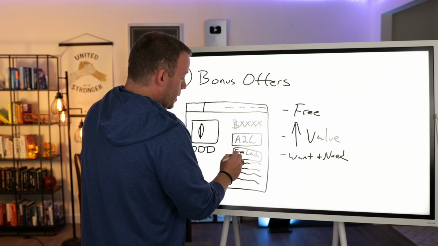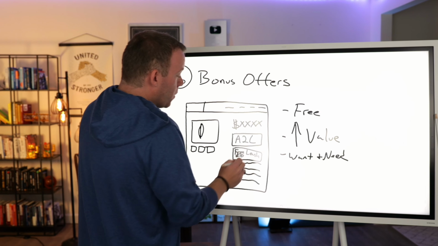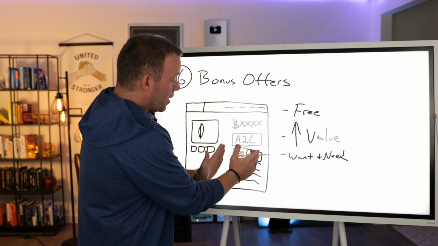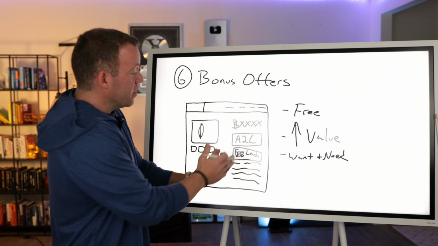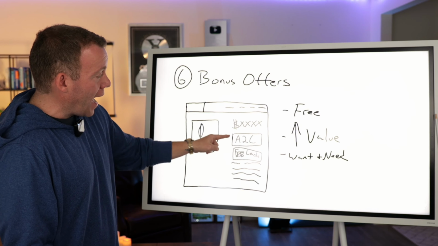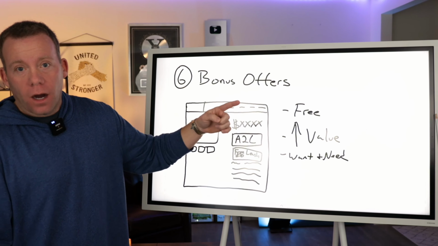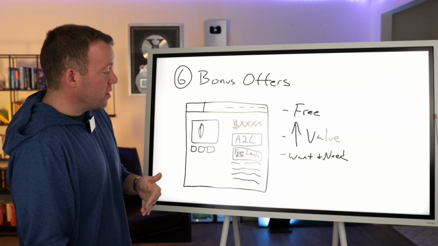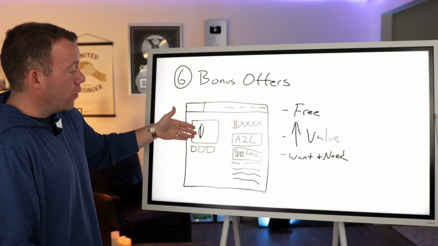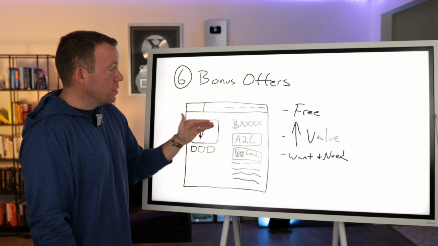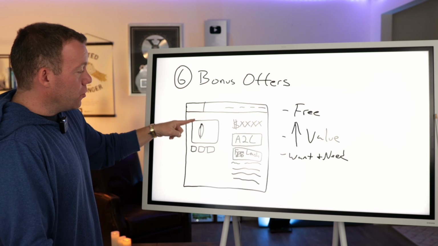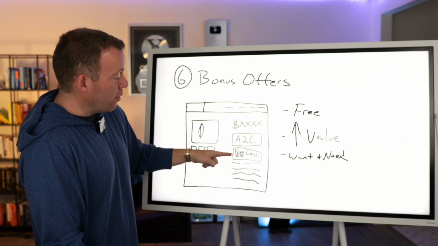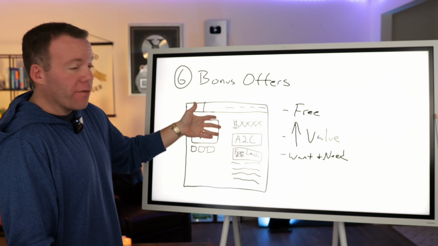But what we would do then is show off $70 value. We would show the photo of the free leash that's included with all orders. And this section here is basically giving the customer so much more of a reason to click our add to cart button versus our competitor's add to cart button. Because our competitor is going to be selling at the same price. They're most likely going to have the same photos. But now our customer knows if they're comparison shopping, let's choose this store because I'm going to get this free leash that I want anyway. It's a $70 value, and I know it's shipping to me when I buy from this store.